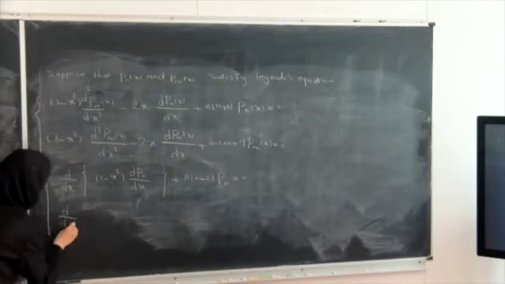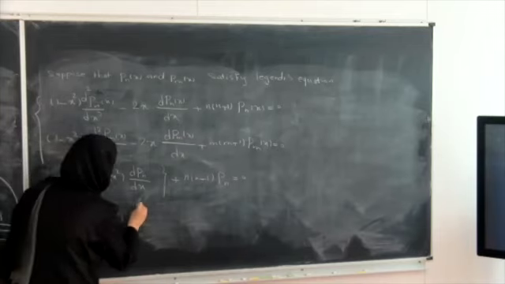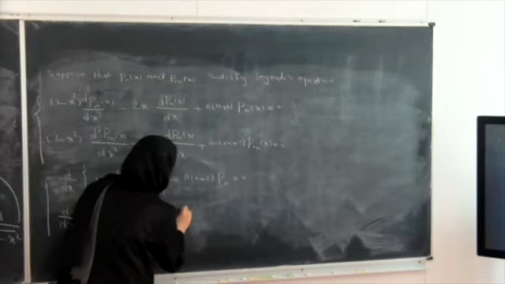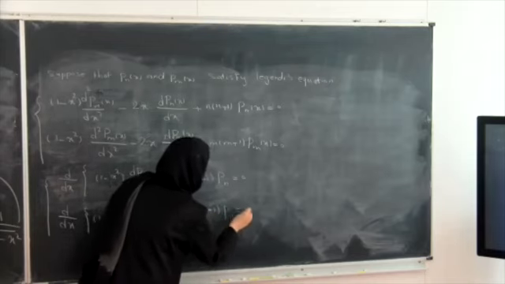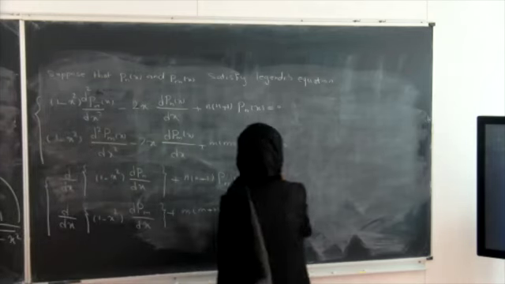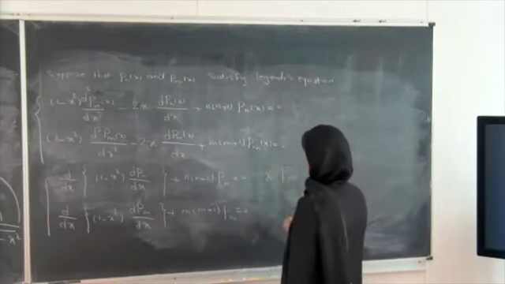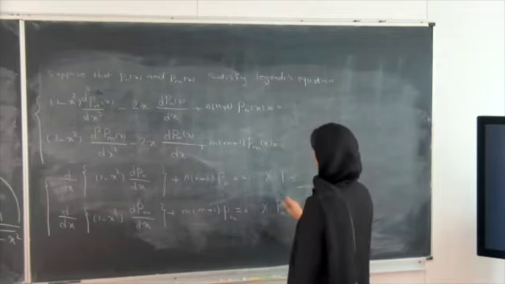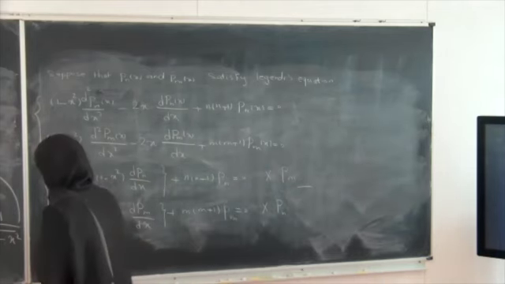and dPn equals to 0. Now, by multiplying this equation by Pn and this equation by Pn, and then by substituting this equation minus this equation, we can obtain